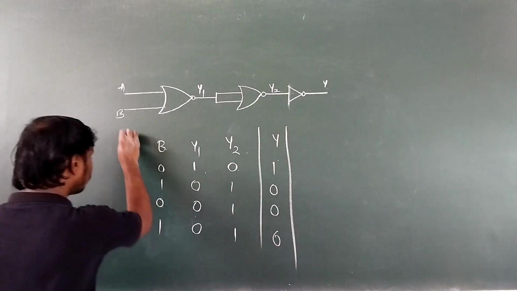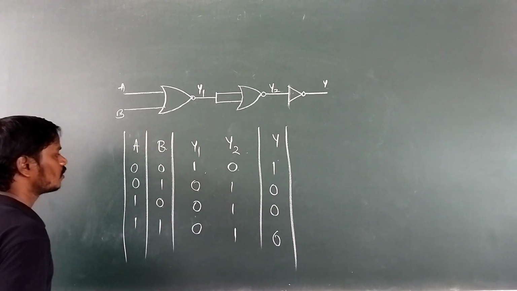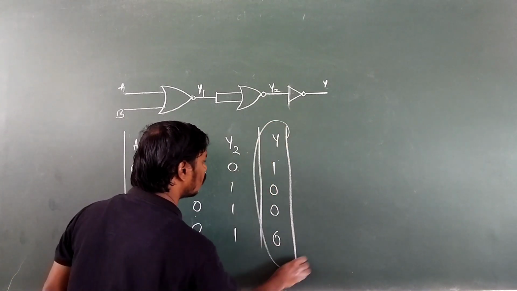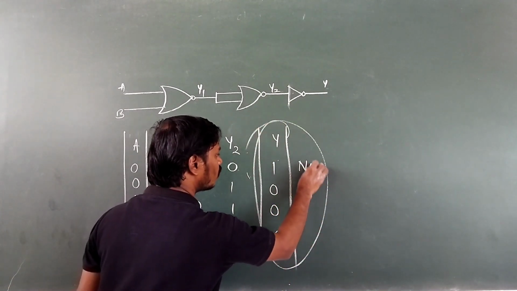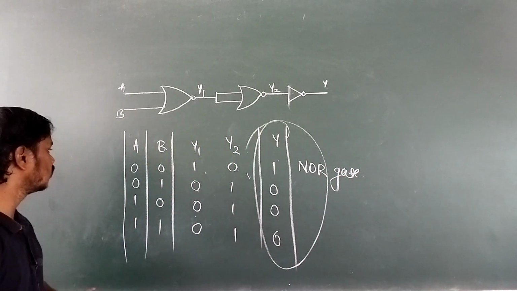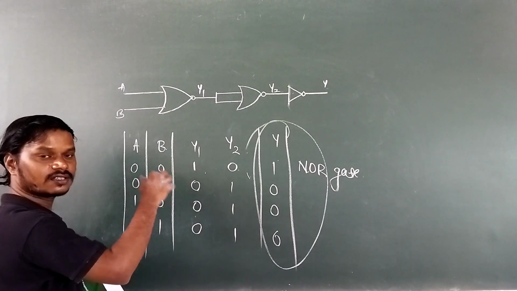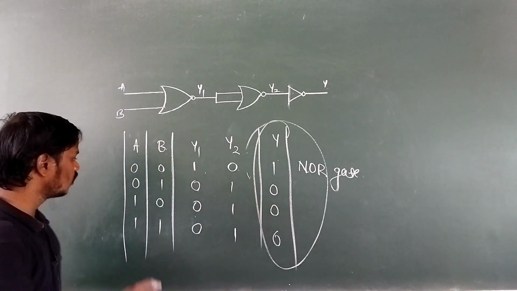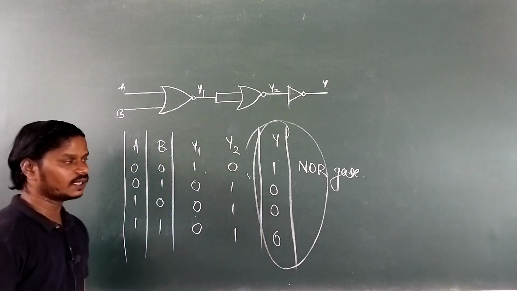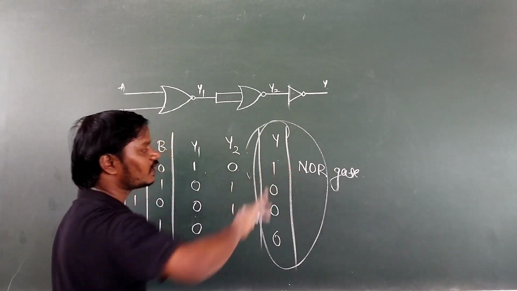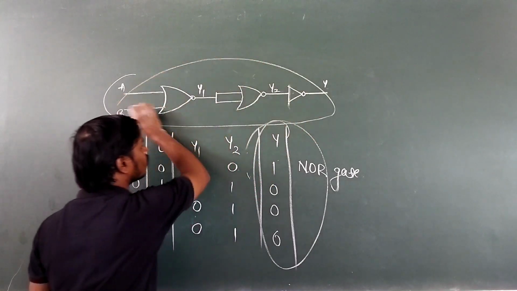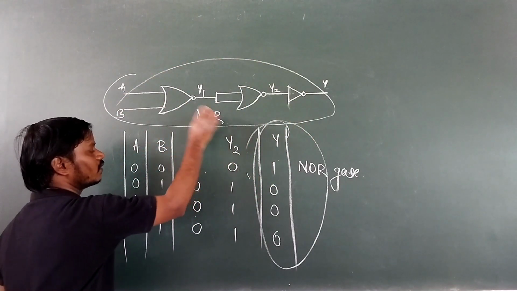So let us consider these 3 columns only. So these 2 are the inputs and this is the output. Now this is the output for NOR gate. See here. In case of NOR gate, what happens? 0 or 0 gives 0, but its complement gives 1. And 0 or 1 gives 1, but its complement gives 0. Hence it is the output of which gate? NOR gate. Then this combination or this electrical network gives which gate here? That is NOR gate. Hence this is the